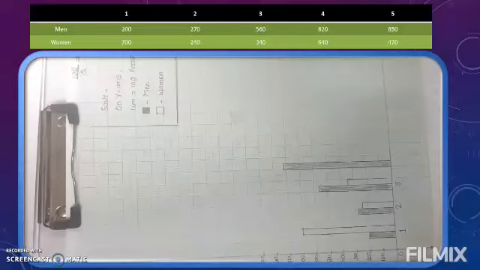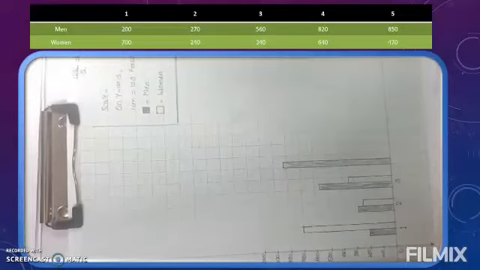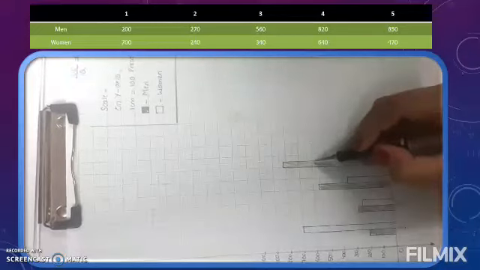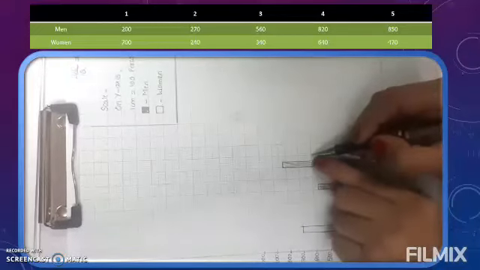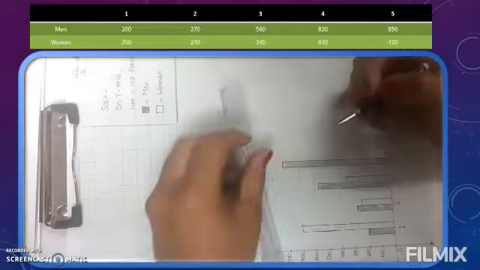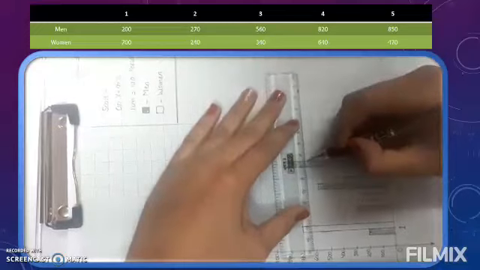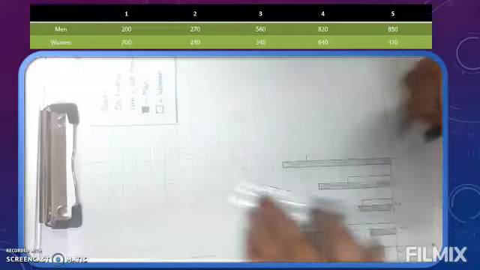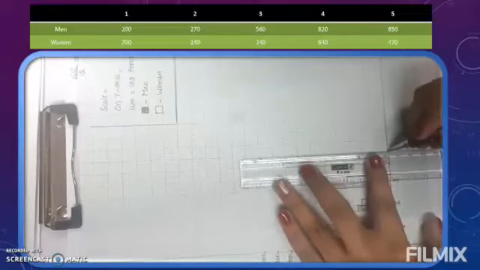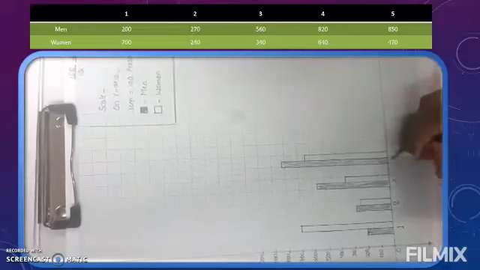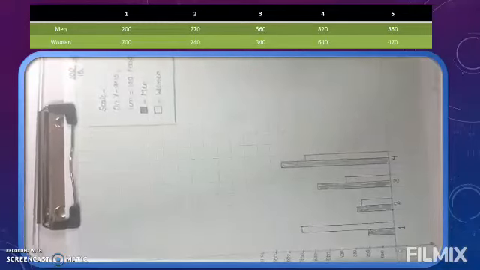Now next is booth number 4. How many women came? 640. So 600 we have here. 40 means now you tell me which line? Fourth line. So here we have fourth line. So before that what we will do? On fourth line we will keep scale and join it with a darker green line. Then join. So this information is about booth number 4. So we will write here 4.